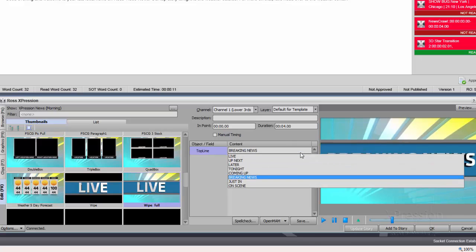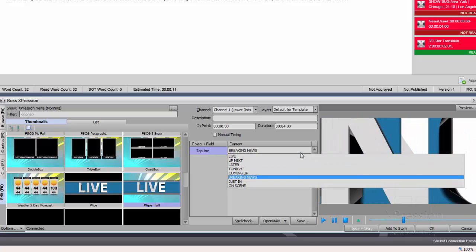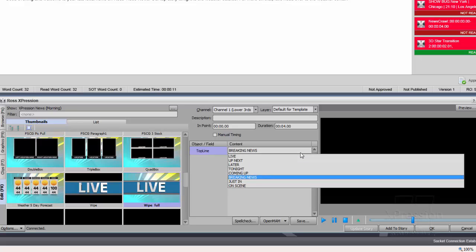What this allows me to do is decide for my particular broadcast, my station, however I want to frame this, I can put together the list of acceptable terms that I want in that box, and this way it limits what the journalist can put in to what's already been decided is acceptable by the newsroom management. Just another way to do it, and again, this is user input controls.